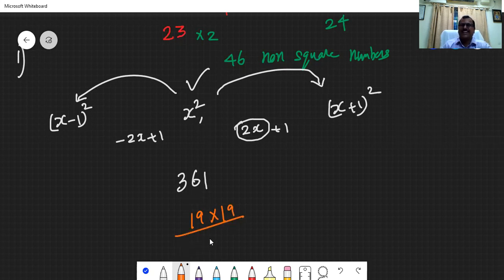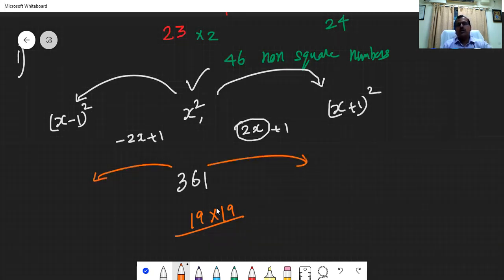Why? Okay, dears. If a number is given to you, you have to check a divisibility test. Is it a square number or not? How many digits you have to check? Like that, the procedures are there. So what is your previous square number? What is your next square number? 19 square. The next square number is 19 into 2, 38, plus 1, 39. If you add 39 here, 400 is the next square number.